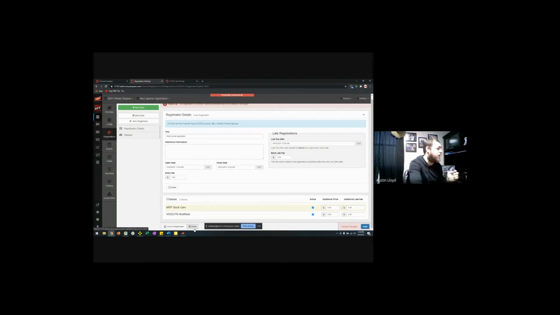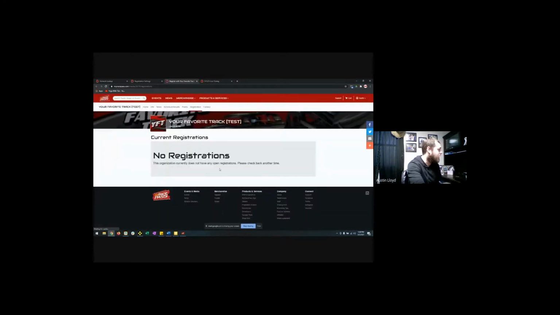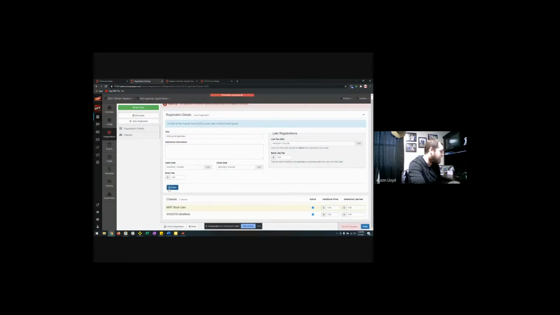And that'll actually take the driver directly to the registration on MyRacePass.com on your profile. This online registration button will take you to the exact same place. This is exactly what the driver is going to see when they register. Currently, we have no registrations. Why is that? Well, it's because I didn't check this box that says active. It's not active by default, but you come back here, you edit it, you make it active, and then it's